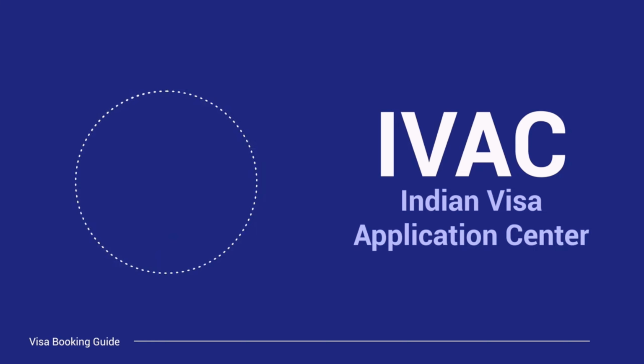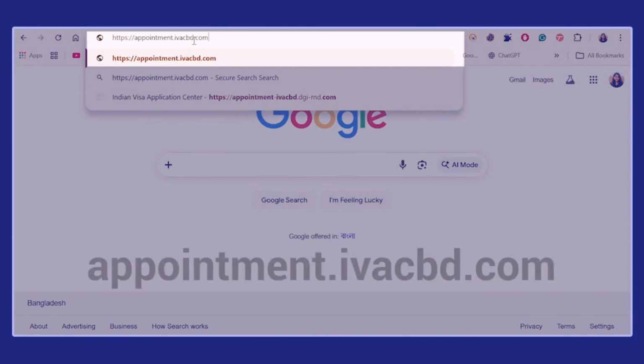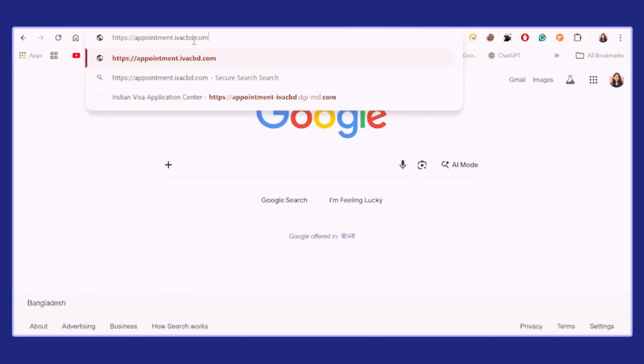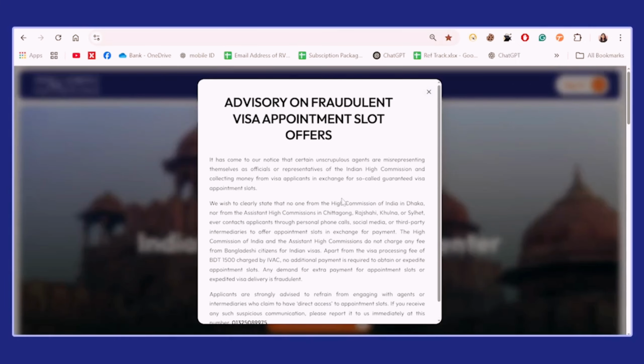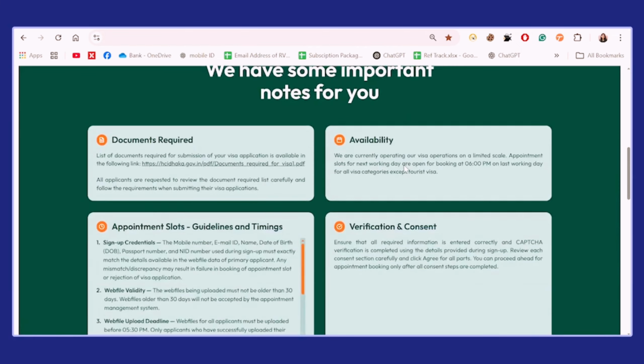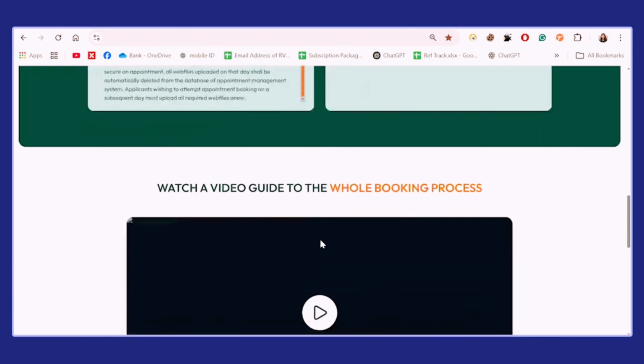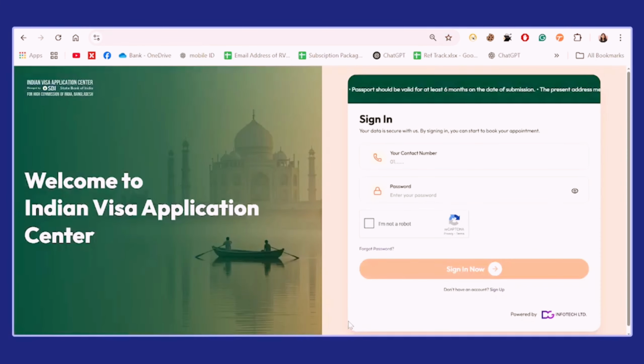Let's get started. First, open your browser and navigate to appointment.ivacbd.com. On the landing page, you'll find helpful resources like notes and user guideline videos. Take a moment to review these if needed. For new users, click on either Take Your Appointment or Sign In button, then select Sign Up on the next